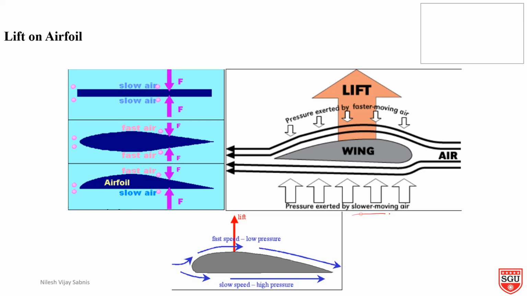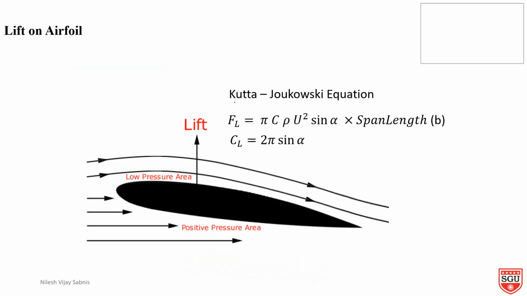The pressure exerted by slower moving air and the pressure exerted by faster moving air creates the lift. Here you can see, the faster the speed, the lower the pressure. On the bottom side, the lower the speed, the higher the pressure. So pressure will be exerted on the upper side. Like that it will create the lift. So there is one equation which you have to remember. FL is equal to pi c rho u square sin theta into span length b, and CL is 2 pi